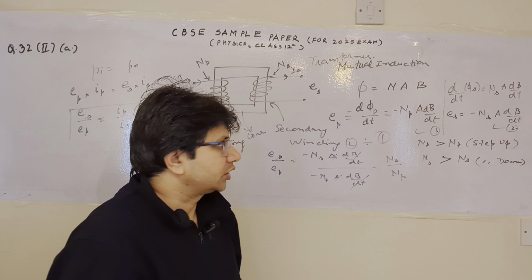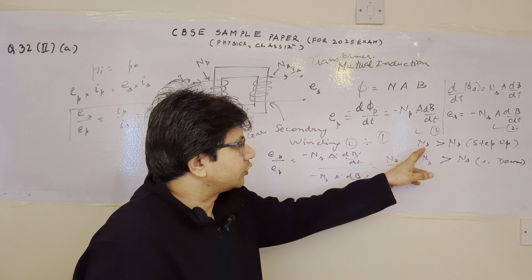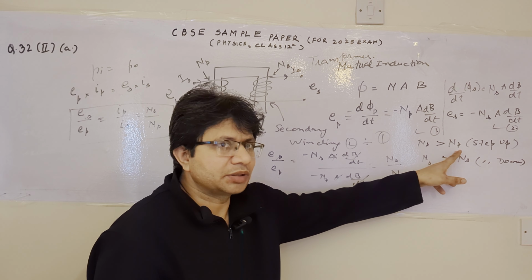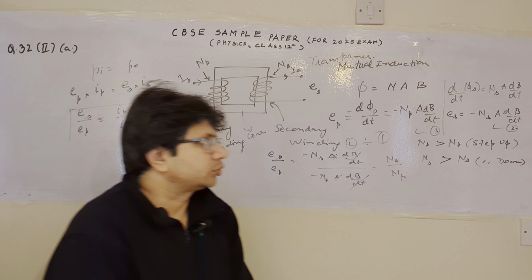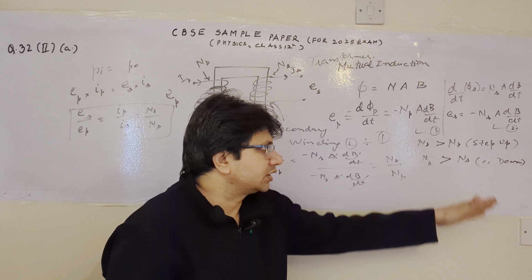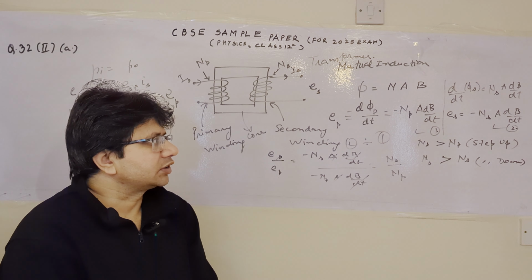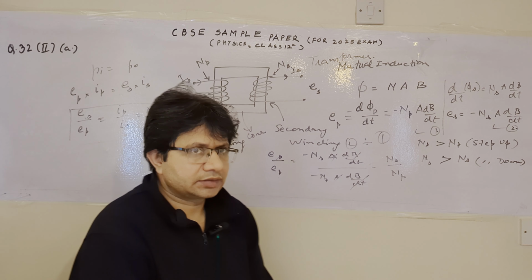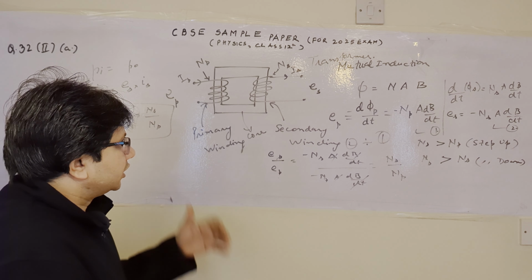अकॉर्डिंगली दो टाइप के ट्रांसफार्मर हो जाते हैं। अगर नंबर ऑफ टर्न्स सेकेंडरी साइड में ज़्यादा है प्राइमरी कंपैरिजन में, तो जो ट्रांसफार्मर होता है उसको हम स्टेप अप ट्रांसफार्मर कहते हैं। और अगर नंबर ऑफ टर्न्स प्राइमरी साइड में ज़्यादा है एज कम्पेयर टू द सेकेंडरी साइड, तो ऐसा ट्रांसफार्मर स्टेप डाउन ट्रांसफार्मर कहलाता है।